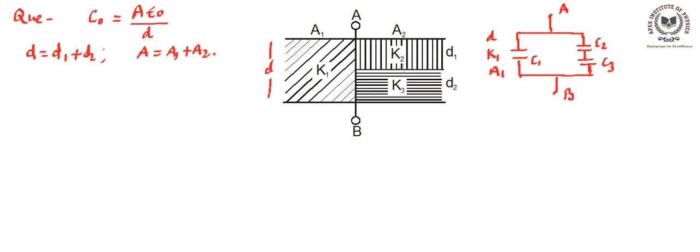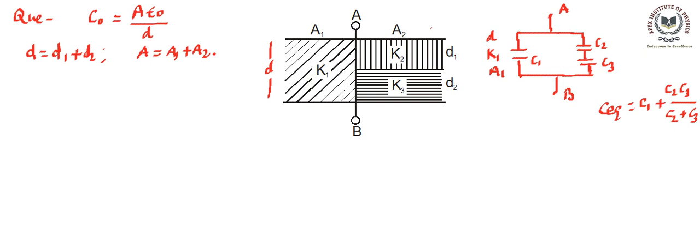Now if we are able to redraw this in this format, then we can find out how C1, C2 and C3 are combined. C2 and C3 are going to be in series combination. So first we simplify C2 and C3, and then C1 will be in parallel with it, so we can find the equivalent capacitance. C equivalent can be written as C1 plus the equivalent of C2 and C3. In the case of series, it will be C2 C3 divided by C2 plus C3. This is the formula that we need to apply.